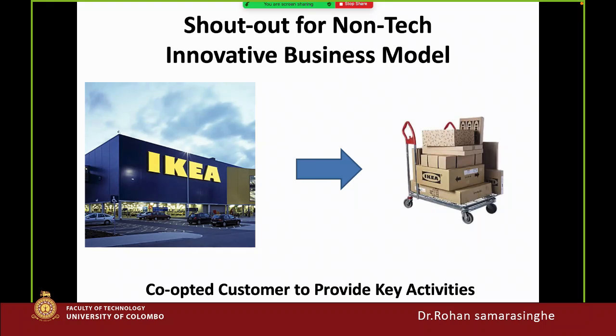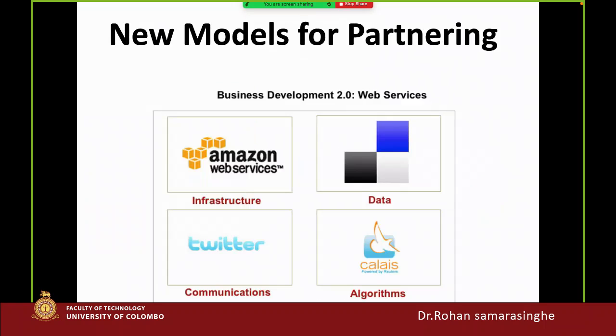So they provide the items like this with the instructions, and the customer has to create that item by following the instructions. These are some of the business models that the companies use. So new model for the partnering. Amazon has these things, and we'll